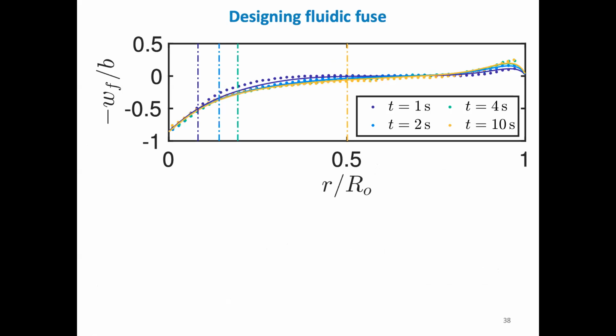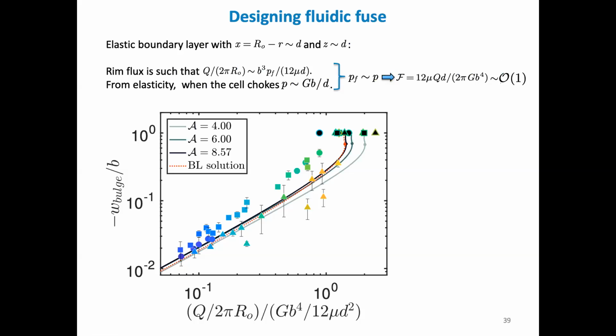The clue for why the choking flow would occur is really in this picture that I already showed you. And it's all to do with this bulging that happens very near the rim of our cell, where the cell essentially ends. And this is the story. In this region where the bulging happens, we effectively have an elastic boundary layer, which is on the order of the thickness of the substrate. We must satisfy the equations for the flux at that point, which come from the lubrication flow in that region. But also, we can imagine that as our substrate is deforming, at some point it's going to deform so much that